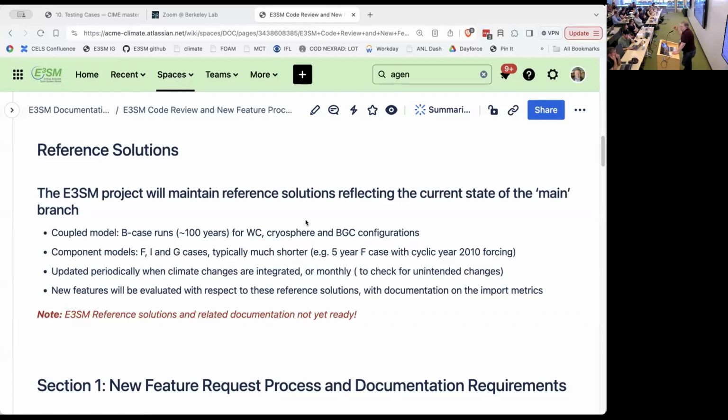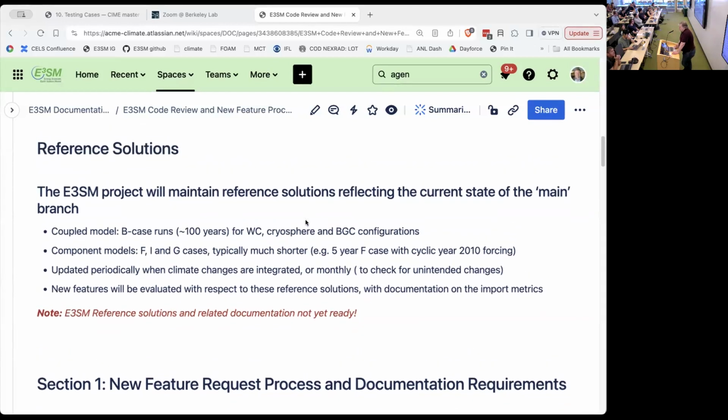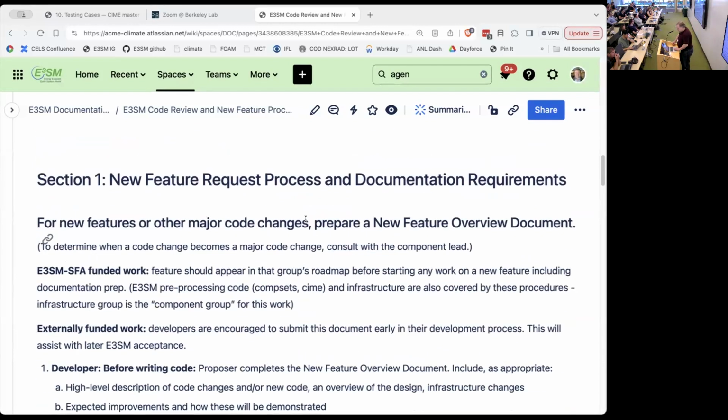And periodically we will update those reference simulations as the code evolves. They're fixed on various maintenance branches, so we don't really need to update them. But for the master branch, which is changing periodically, we will need to update these, and they will allow you to compare your change against an official good set of simulation results.